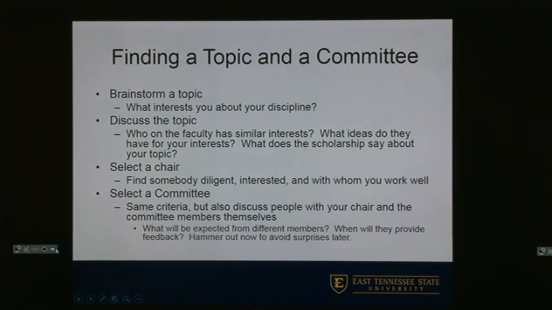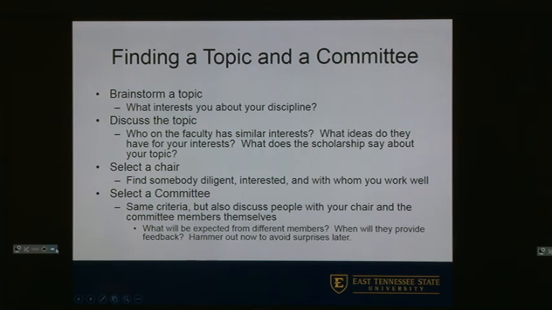Select a committee chair. Again, in the sciences, biomed, your research advisor is your committee chair automatically. That's not the case everywhere. You also need to select a committee. For a master's, the committee is 3, including your chair, typically. For a doctoral level, it's 5, including your chair. You're looking for people that can contribute to your thesis or dissertation work. Contribute intellectually, contribute support, bring expertise to your work that they can contribute to and that you can learn from.